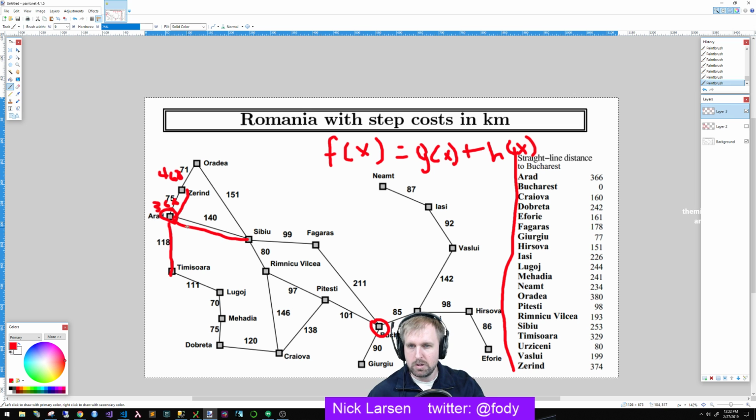And then we have Sibiu. Sibiu is 140 plus 253. That's like 393. Yeah, 393. And then we have Timisoara, 118 plus 329. That's what, 447? 437. All right, and now what you'll see is that the first node that we're going to expand is actually